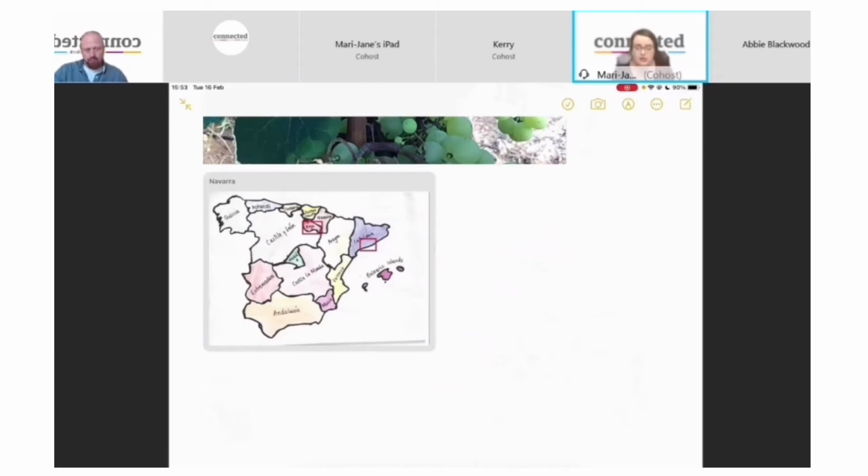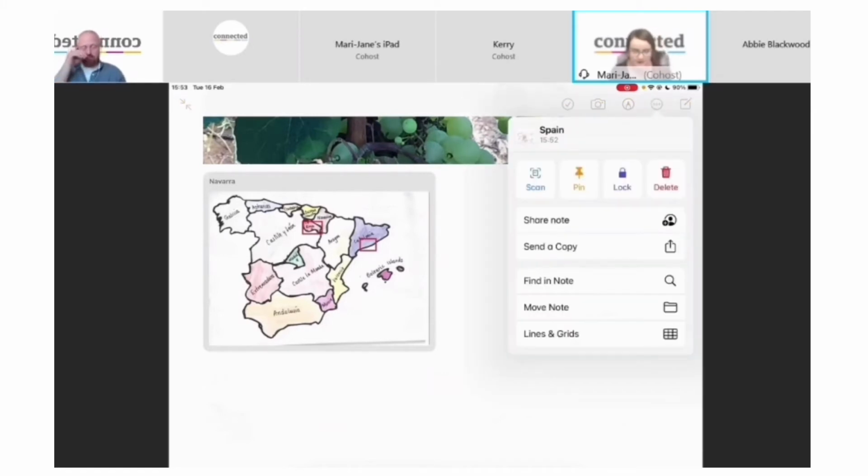Now, you may teach alongside a stage partner or a colleague, or maybe you just want to share your note with someone who will find it useful. If I tap on the three dots at the top, the ellipsis, this gives me sharing options. I can send a copy of the note, which is handy, but it does mean that they get a copy of the note, so any further updates or amendments I make after it's been sent, they won't be able to see that. But if I tap share the note,